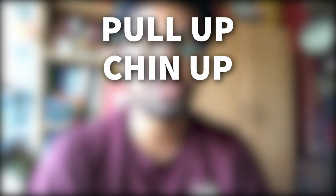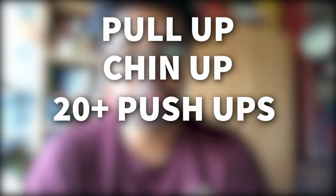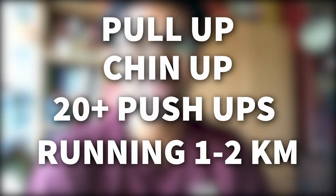It's gonna be a long process, of course, and it's not really true that I don't have any goals. There are certain things that I've always dreamed of doing, like doing a pull-up or chin-up, being able to do more than 20 push-ups, running for more than 1 or 2 kilometers, because my cardio sucks. But I'll just look at a few micro goals at a time to make sure that they're aligned with a